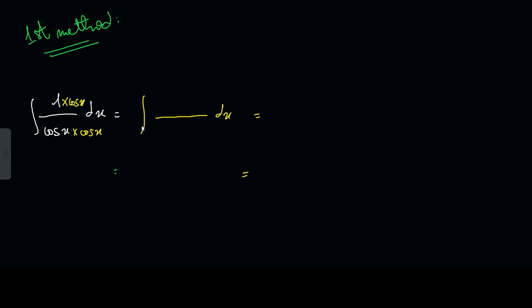The first thing that came to my mind when thinking about this integral is multiplying by cosine x, both above and below. It's going to give us cosine x over cosine square x. And this integral of cosine x over cosine square x can be written as cosine x over 1 minus sine square x, because there is a rule that tells us that cosine square x plus sine square x